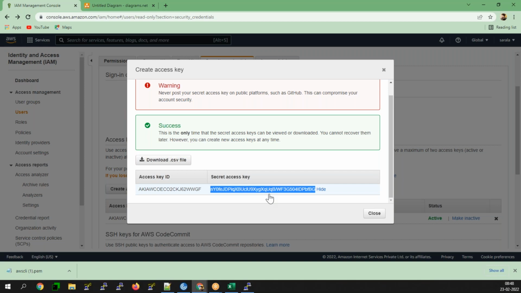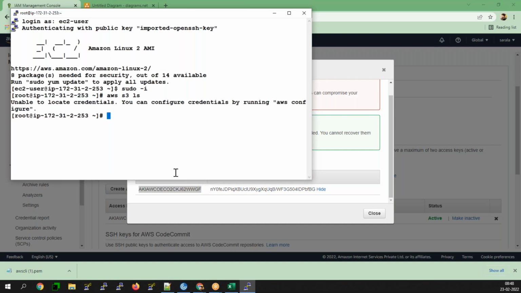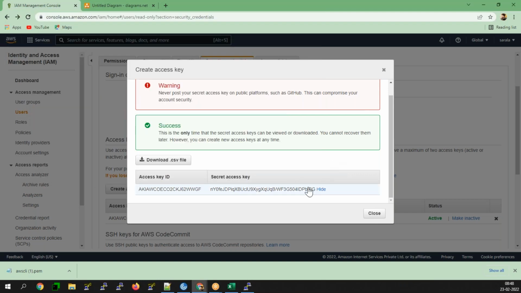So now you can use the access key and secret key. You can configure your AWS CLI by using the tool called aws configure, with that access key along with the secret key.